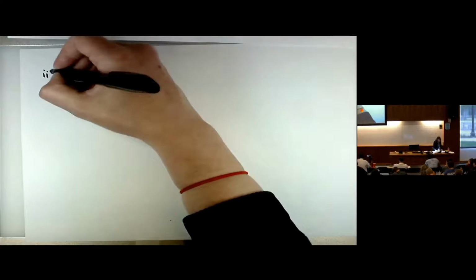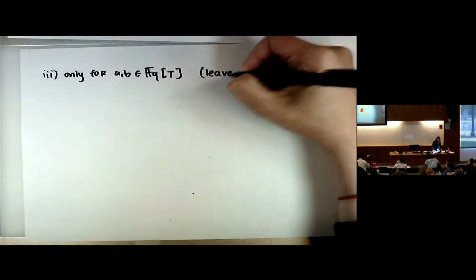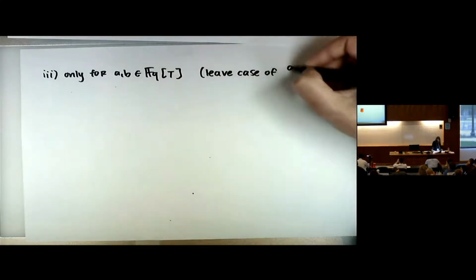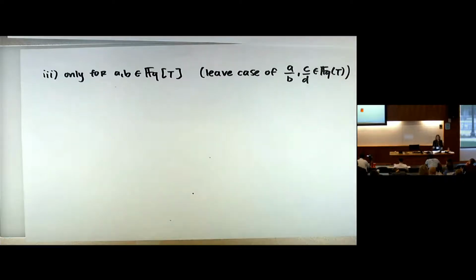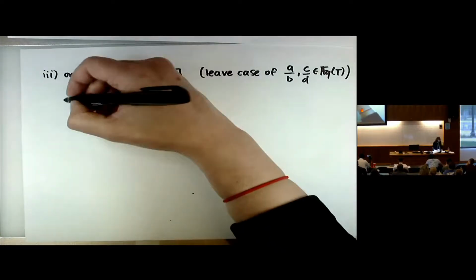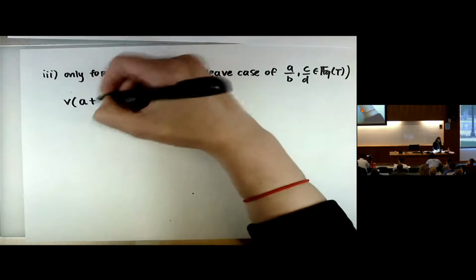Okay, so I'm going to do this only for A, B, some polynomials. I'm going to leave the case of A over B and C over D field elements to you, gentle listeners, just because it gets annoying. I'm going to have to add polynomials you don't want me seeing added in fractions live. Okay, but so, right, if I have two polynomials A and B and I add them, by definition,